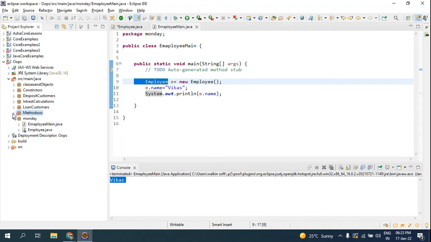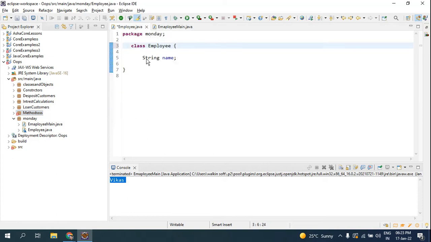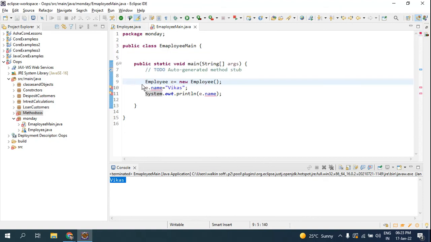I'll close these methods. Hope you guys got the clarity between public and default for the class and for the attributes. So coming back here again, with the default method you are able to use this access attribute here. So I don't want this attribute to be used anywhere else, so I'll make this private. Once I make this private, look here, even if it is in the same class, it will give you the error, you cannot use this attribute. So this is about the private attribute.